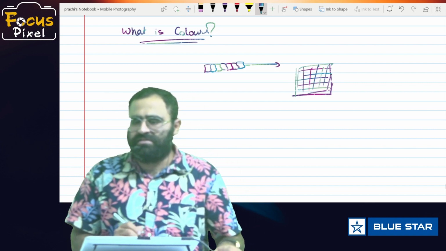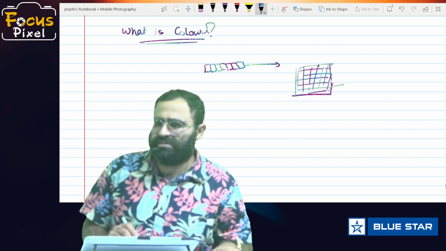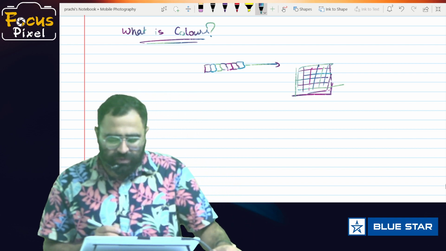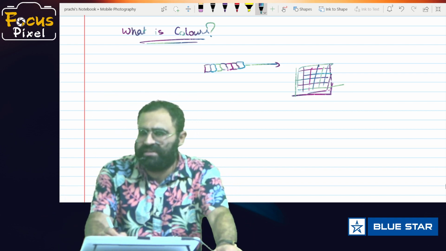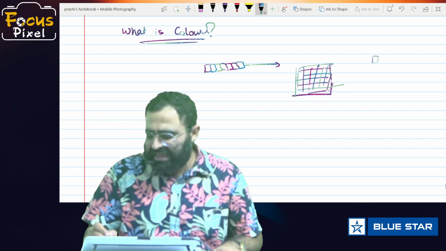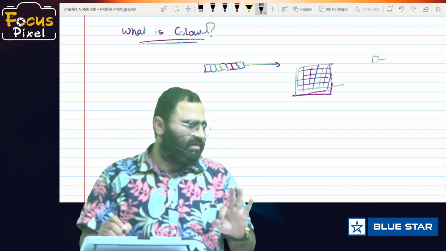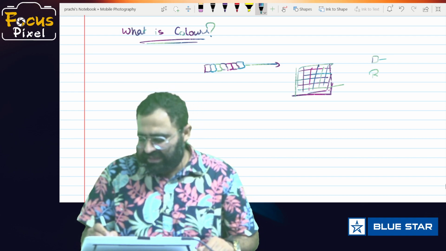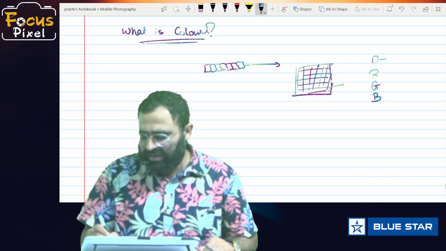Now these pixels determine some colors. When we talk about digital photos, these photographs are made up of pixels, and these pixels contain only three colors, that is red, green and blue.